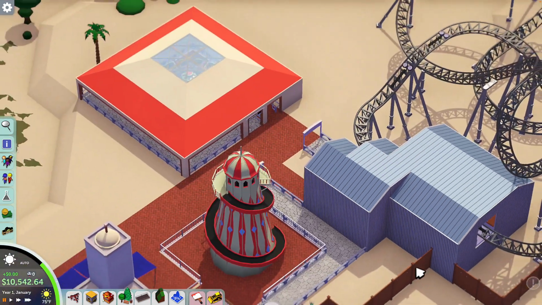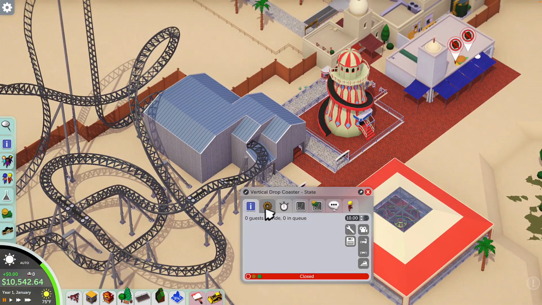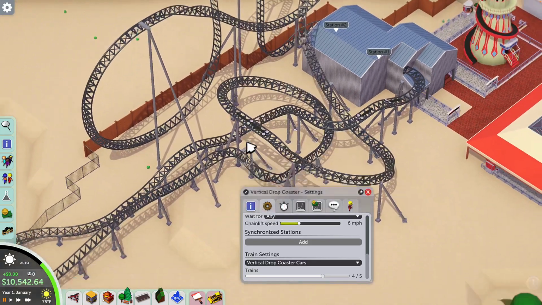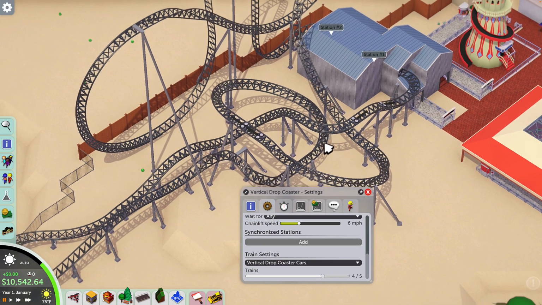Alright. So yeah. This looks like just a very typical coaster building. And that's fine. We're going to bring that back to, I think, 3 trains. We could probably go 4. So there'd be 1 on there through the first half. Which means there's 1 in the station. That should work. Because by the time...